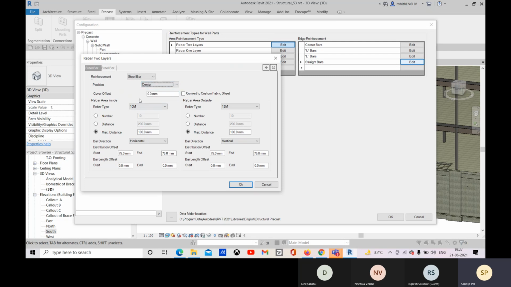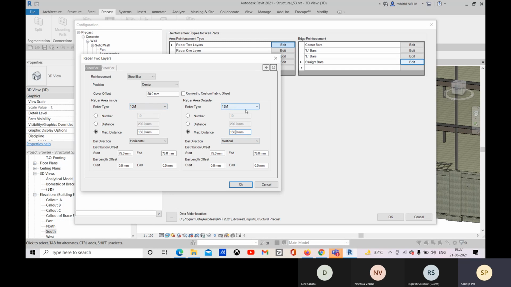I'm going with the center, and the cover offset you can mention like 2 inches or 50 mm. And the rebar type is here. And the maximum distance: you can go for a maximum distance of 150 mm and 150 mm.